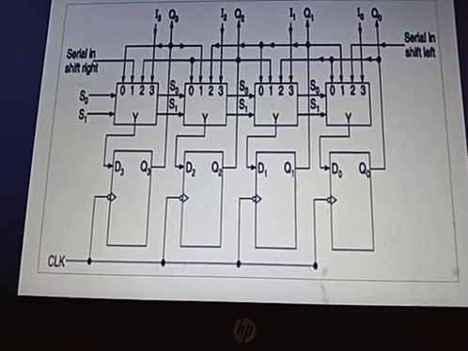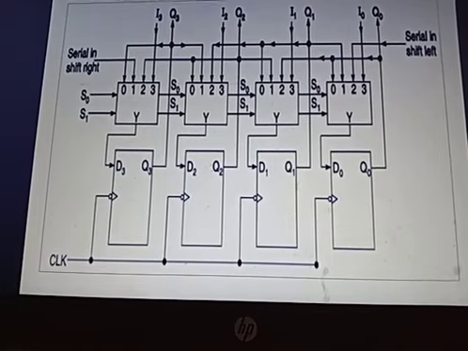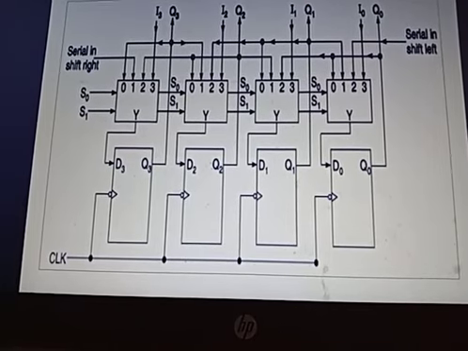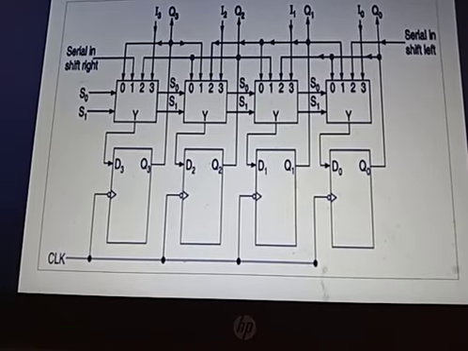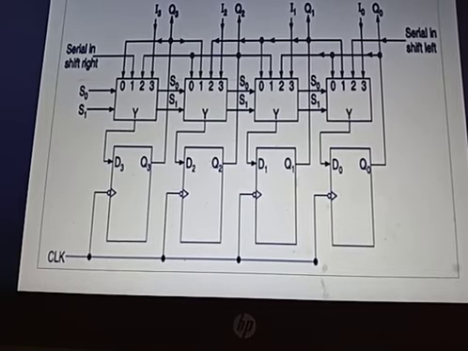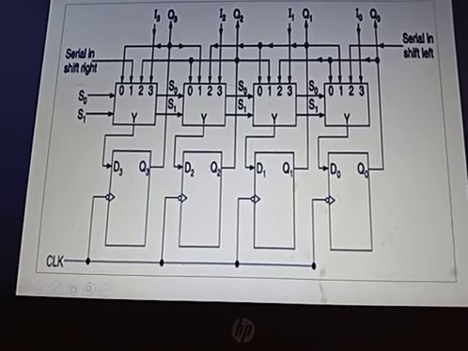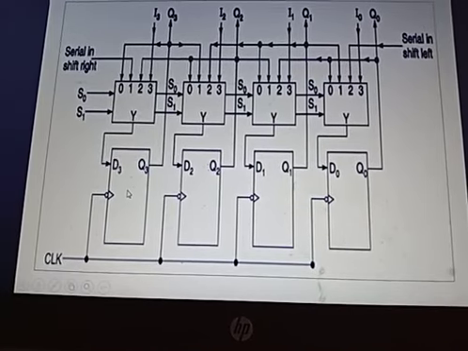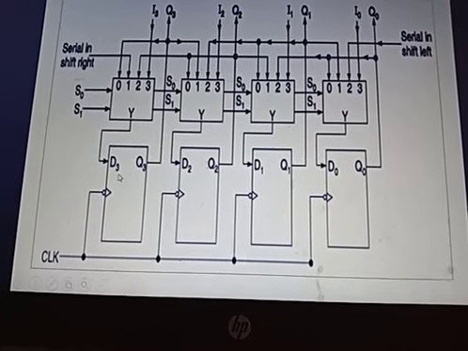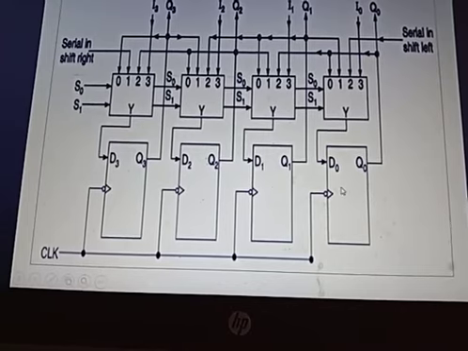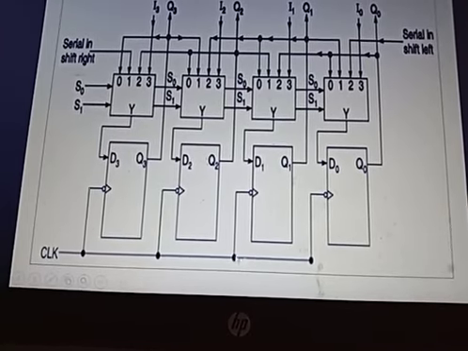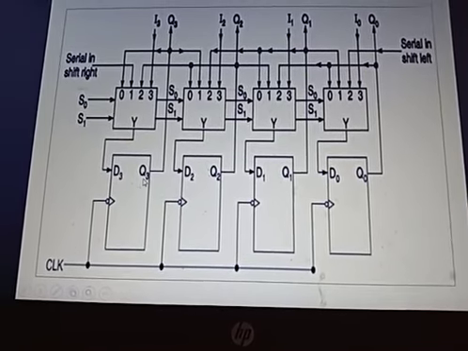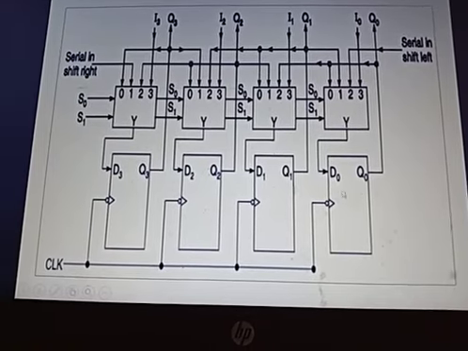At the first instant, it might look like a very complex circuit, a bit confusing, but when you understand the operation one by one, it is actually a very simple one. We'll go one by one. Okay, you follow the steps which I am going to tell now. Now look at the bottom, you have four flip-flops here, D3, D2, D1 and D0. The clock is connected together. You have four outputs Q3, Q2, Q1 and Q0.